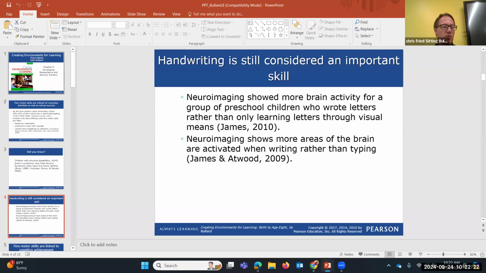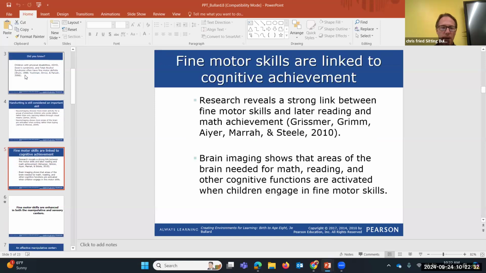Still other research reveals a strong link between fine motor skills and later reading and math achievement. Okay? Brain imaging shows that areas of the brain needed for math, reading, and other cognitive functions are activated when children engage in fine motor skills, suggesting that there may be an underlying neural network used for both fine motor and cognitive skills.